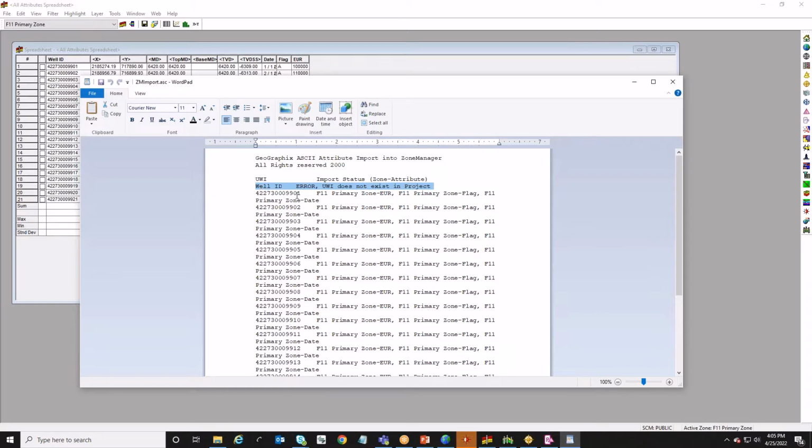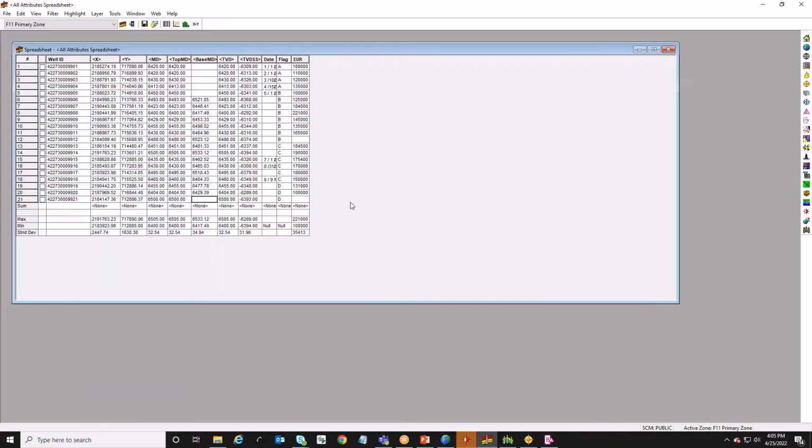well ID. Then everything else after that, the actual well ID, then the zones and the attributes associated with those zones. If it looks something like this with the well ID information, zone name attribute, zone name attribute, zone name attribute, that means it's successfully imported. So you're really only running the errors when it looks something like this. Okay, but that log file can be used to kind of identify why certain wells didn't import. You can kind of pull that up and then go and look at those wells and figure out why some